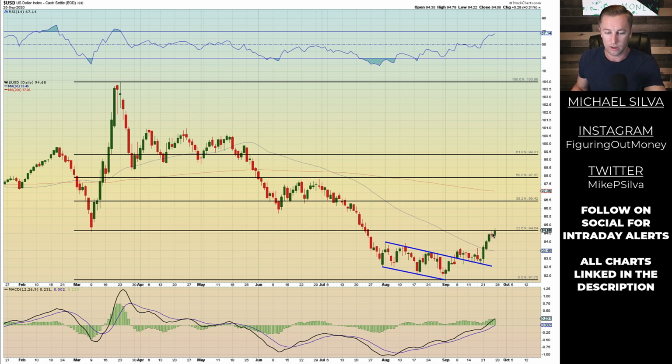And right now we're kind of consolidating sideways. So if we do start moving higher, this is going into overbought territory. We'll probably see some sort of price fluctuations, some consolidation until we re-level back out, until maybe another leg higher. But 96 is the next level to keep an eye on, really, because if you want to go short the dollar or go long gold, you can play that play.